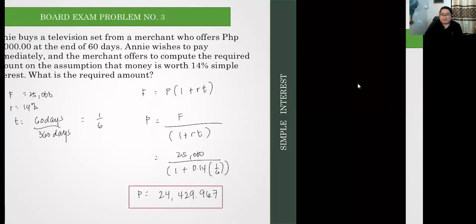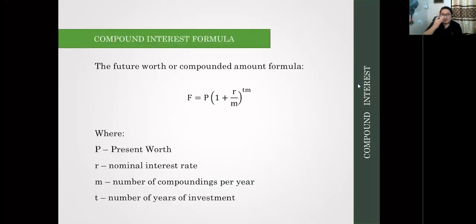Next, punta tayo sa compound interest. So, kay compound interest, punta muna tayo dun sa formula niya, yung compounded amount natin. Okay? So, yung future worth daw or compounded formula, ang gagawin natin formula is P times 1 plus R over M raised to T times M. So, ano si R over M? Si R over M is yung interest natin na tinatawag, no? Nakaganyan yung kanyang